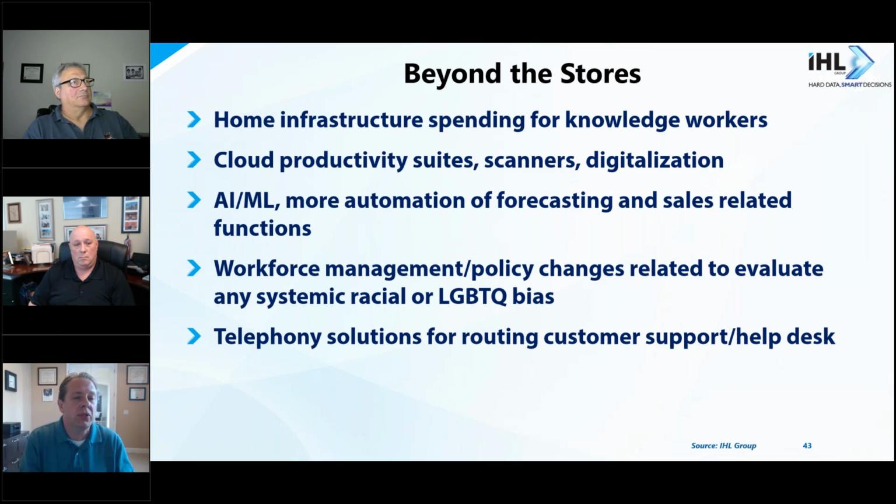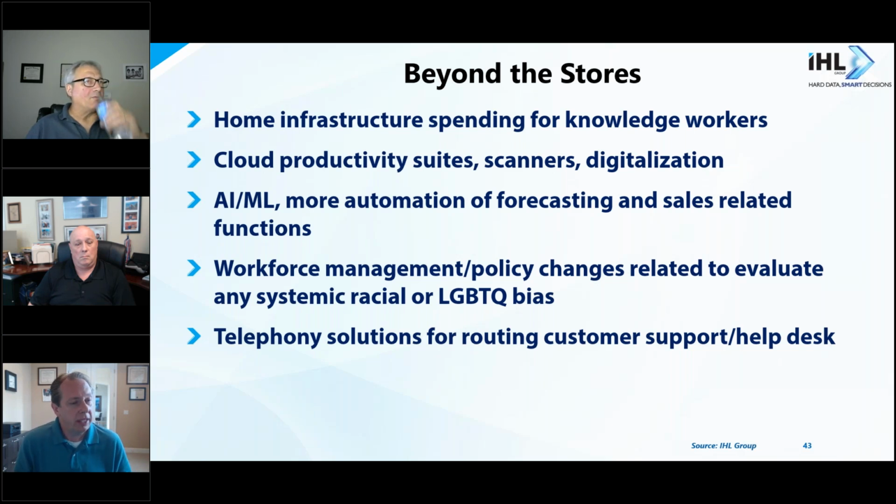And then beyond the stores, home infrastructure spending for knowledge workers. When COVID happened, if you got moved from the office to home, and you tried to buy either a mic or a video camera for your computer, and you couldn't find one, that's exactly what we're talking about here. Cloud productivity suites. Again, Zoom has just absolutely exploded. You have these new suites because you have all these workers that are now moving from the office to the home, and we're having to have the